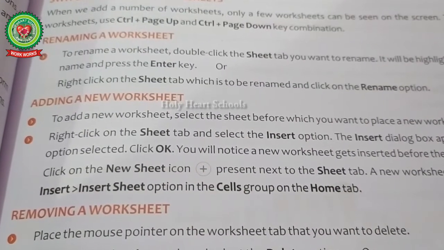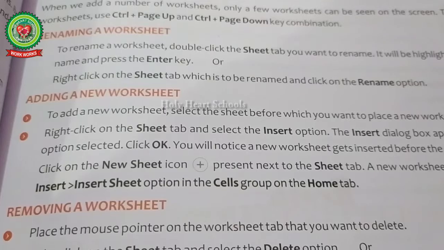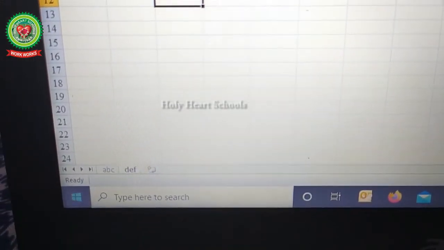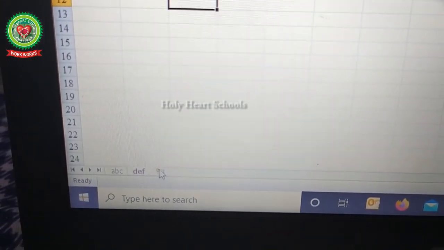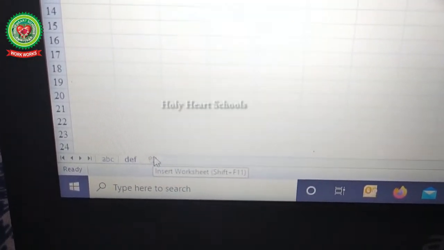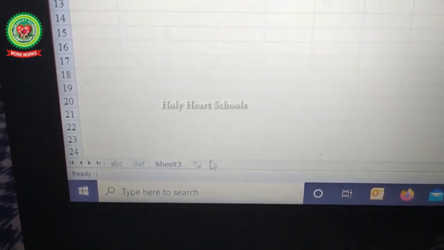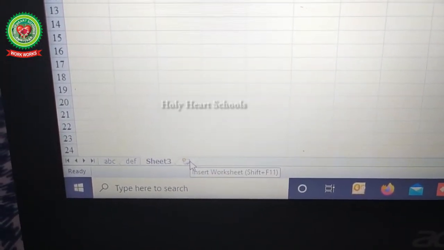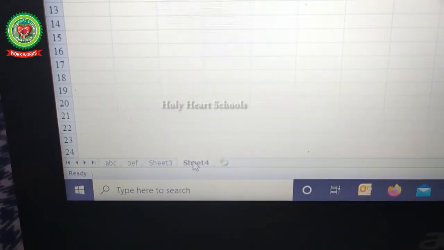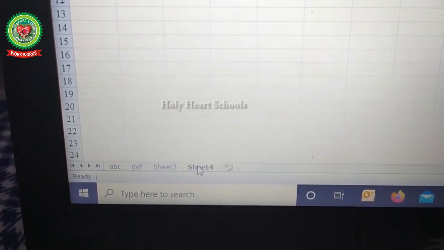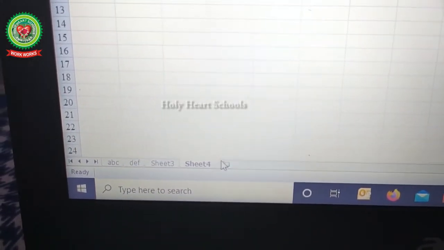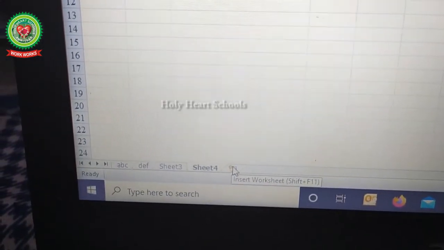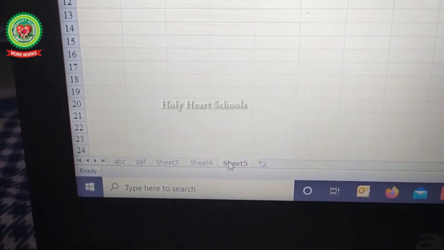Then next is how to add a new worksheet. Children, move to the sheet tab, then click on this Insert New Sheet button. Insert Worksheet button and your sheet will be inserted. See, we have 3 sheets, but now I inserted sheet 4. Again, click on this button and your new worksheet will be inserted.